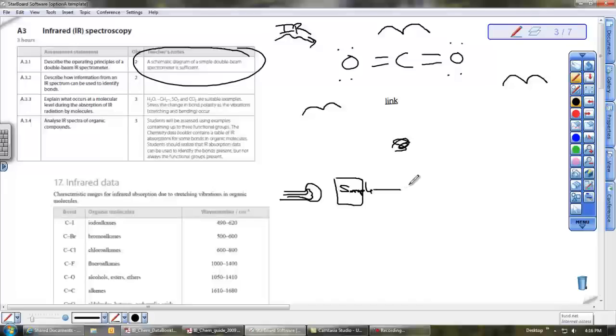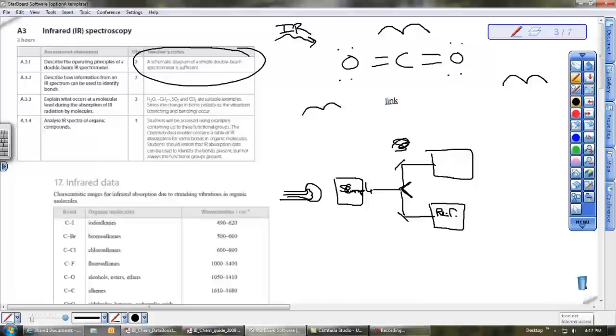Now, for reasons that are not actually important, usually it's split. That's why it's called a double beam. These things I'm drawing here are mirrors. Oftentimes, it's called a rotating mirror, or just a mirror. It splits it into two signals. The reason for this is that one of the signals, from the same source of radiation, will go through a reference sample. That's your control. It's a comparison, a calibrated thing where it's like, okay, this is what a baseline is, and your